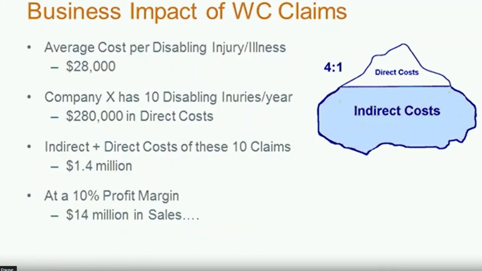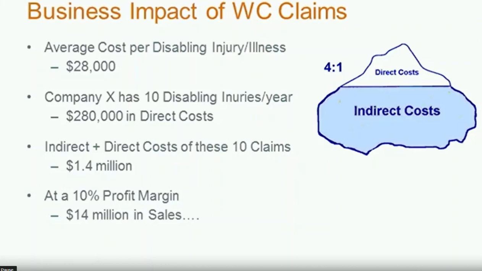These are real costs, but they aren't as apparent to an organization as the direct costs are, which are directly attributed to the claim. Now, the National Safety Council commonly uses the 4-to-1 ratio, $4 of indirect costs for $1 of direct costs, and you've probably seen the iceberg theory in the past. So if you use it as an example, and you take Liberty Mutual's previous estimates of the cost